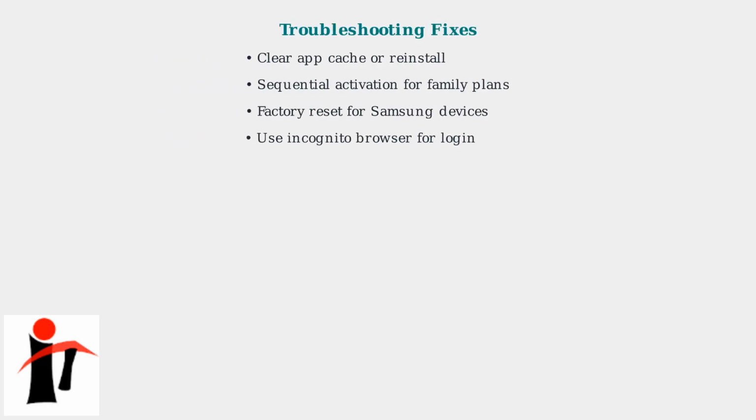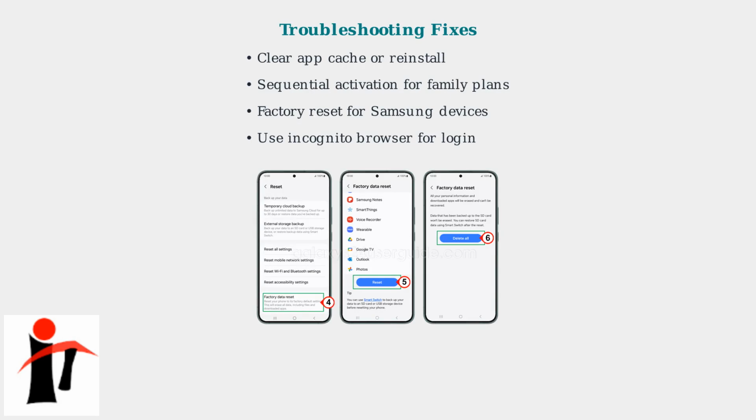Importantly, these issues aren't unique to ALDI Mobile, but are widespread among prepaid MVNOs due to thinner support layers. Many app errors resolve by clearing the cache or reinstalling the app. For family plans, activate SIMs sequentially to avoid bandwidth bottlenecks. Users with unlocked Samsung Galaxy S24 devices often need a factory reset followed by incognito browser login to bypass firmware